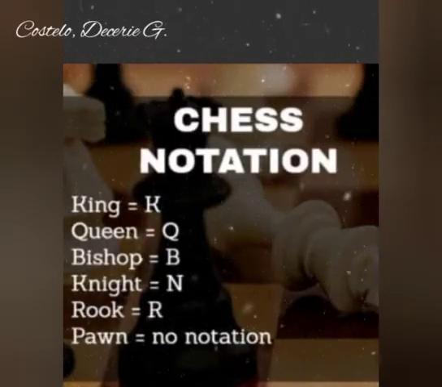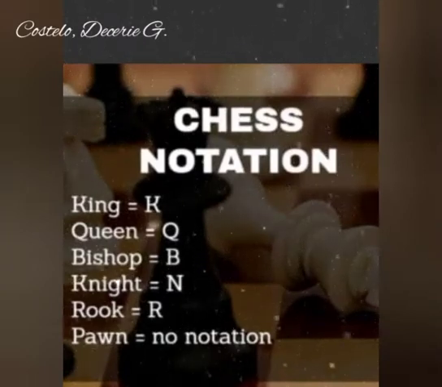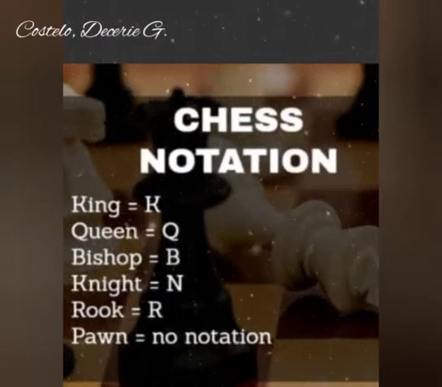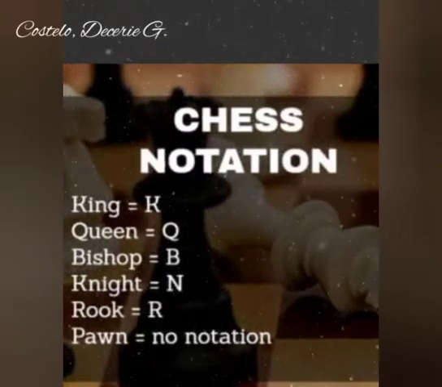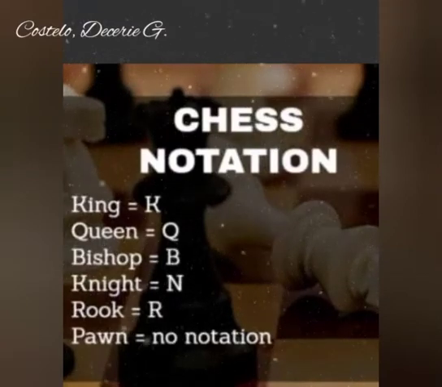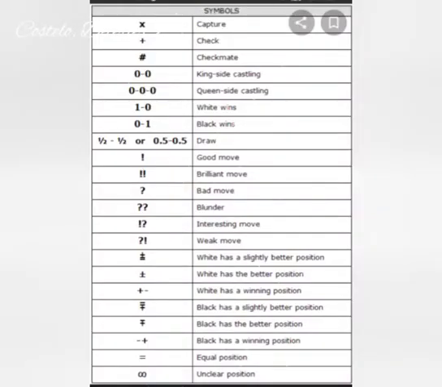In chess notation, we will use the initials of the pieces for the notation. So K for king, Q for queen, B for bishop, N for knight, R for rook, and pawn has no notation. We also use symbols when notating. So we have X for capture, plus for check, hashtag for checkmate, O-O for king side castling, O-O-O for queen side castling, 1-0 for white wins, 0-1 for black wins,